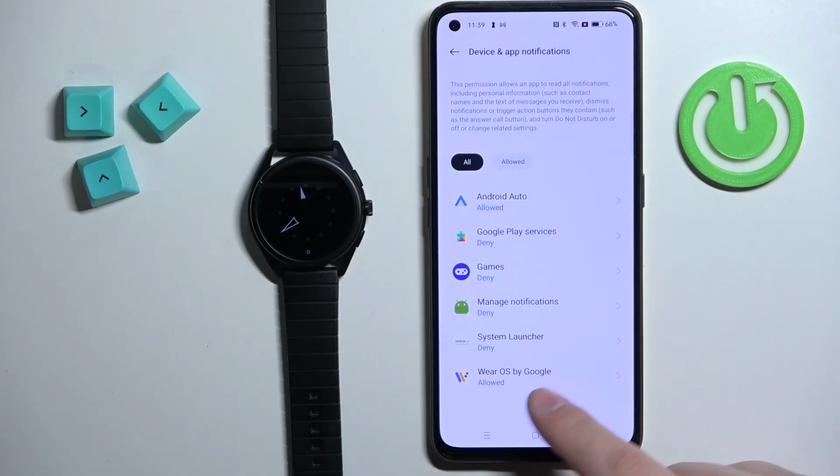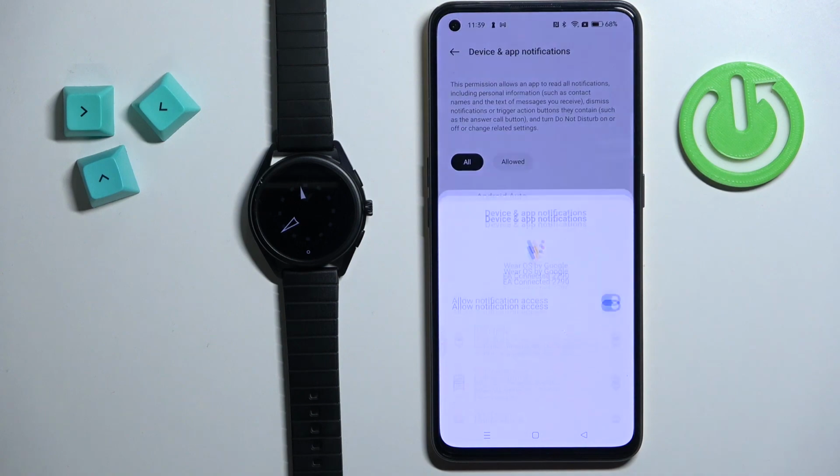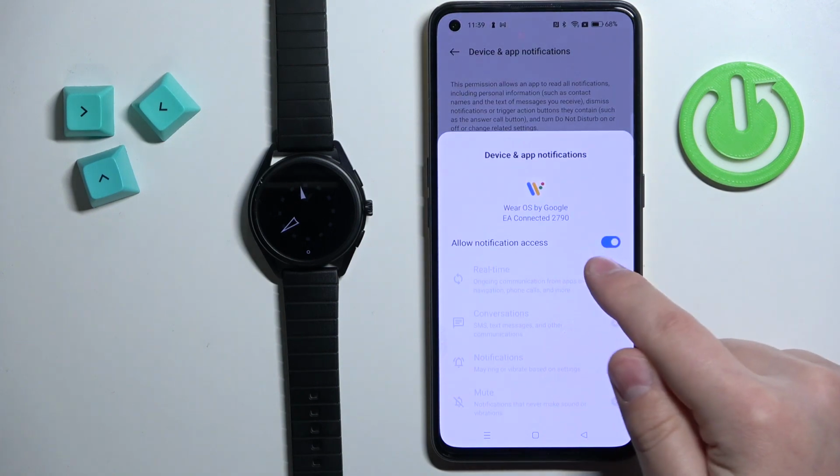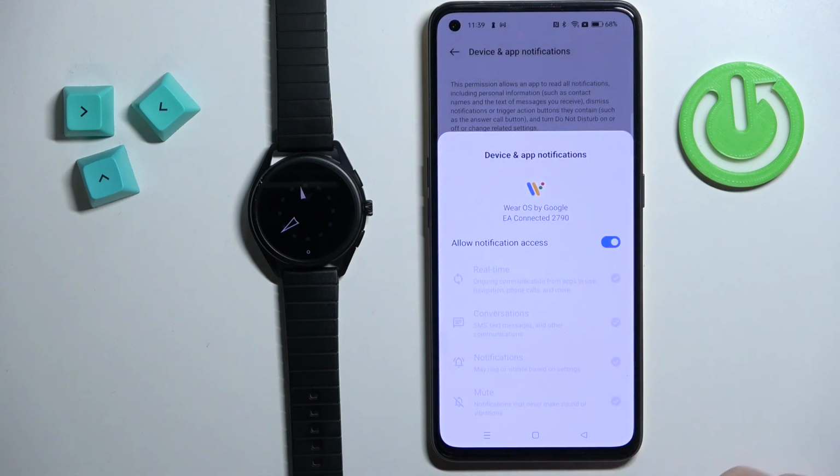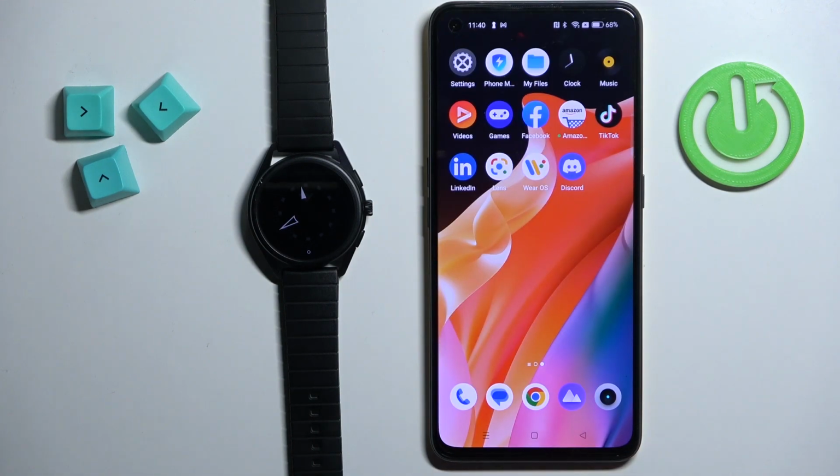And as you can see, the Wear OS by Google is allowed, but if it's not, you can tap on it and tap on this switch right here to allow it. Okay, so once you allow the notification access, you can also allow the permission for different permissions